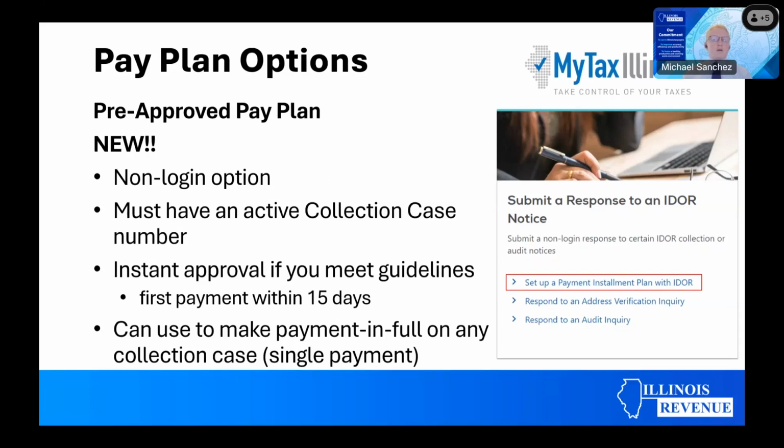This is a non-login option on our MyTax Illinois homepage at mytax.illinois.gov. You will need your collection case number. You have to have an open and active collection case. And if your case meets the guidelines, it will allow you to select a number of payment options. The first payment will have to be made within 15 days, but you can select the date. And once you submit it, the payment plan is approved, it's set up, it's immediate,